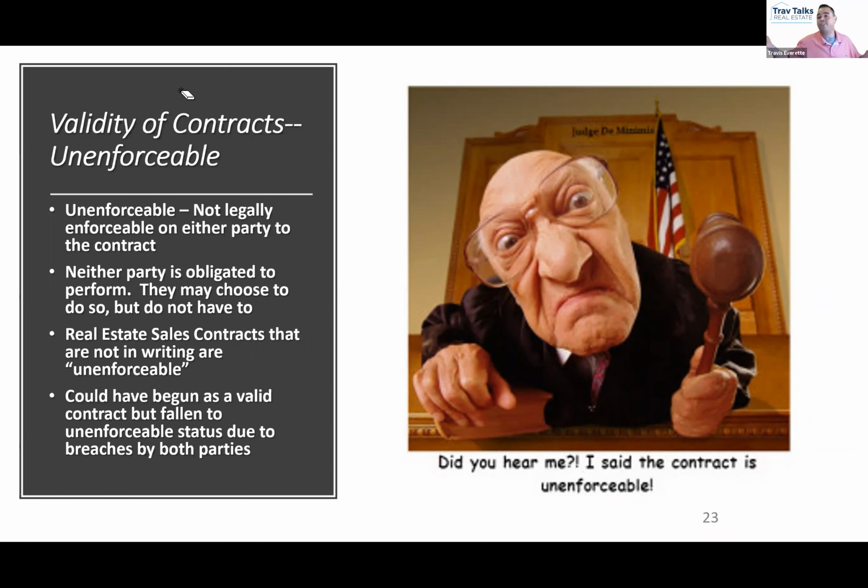When you have both parties breach, a court's going to look at it and go, what do you want me to do with this? Neither one of you follows through on what you say. Just get out of my face. If you had two minors who signed a contract, what would it be? Unenforceable. If you have a drunk person and a minor sign a contract, that sounds like the start to a bad joke. But if you have a child and a drunk person sign a contract together, what's the status? Unenforceable.